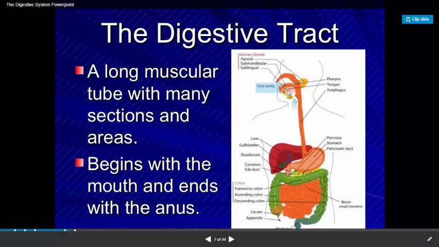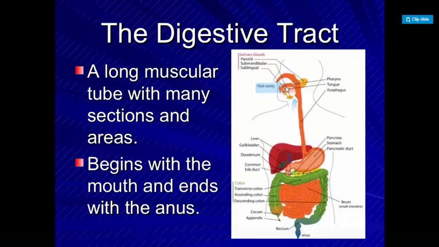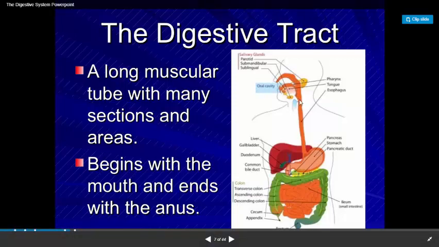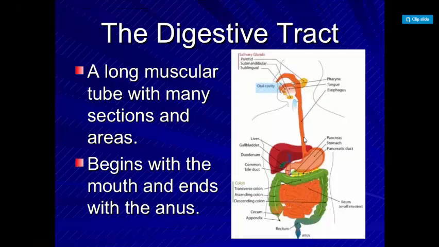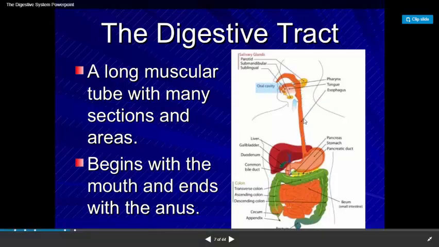Of course, it starts with the mouth, which is called the oral cavity. From the mouth, it has to go to this long muscular tube. We say that the digestive tract is a long muscular tube because if you look here, here is the esophagus, which leads to the stomach, then to all of these tubes, which are the small intestine, and then finally a larger tube, which is called the large intestine. This is why we say that the digestive tract is a long muscular tube.